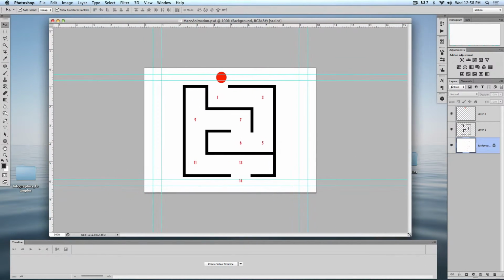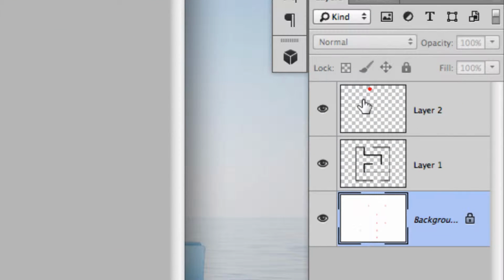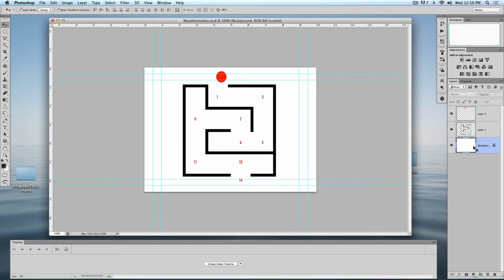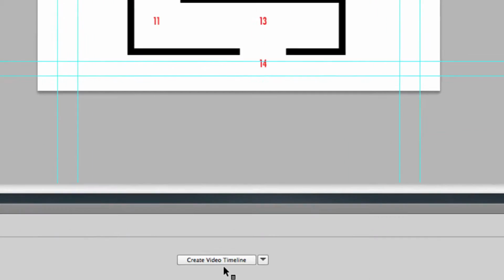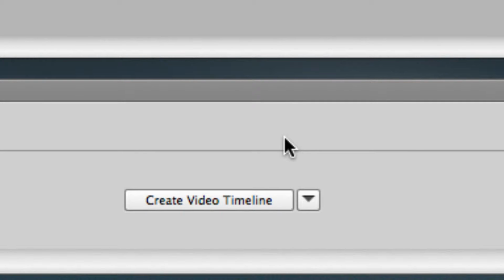So I've got a regular Photoshop file. In the top layer, I've got a little ball. In the second layer, I've got the maze itself, and the bottom is just the background with all the numbers that are in it. If you look down in our timeline, the very middle, it's going to ask you to